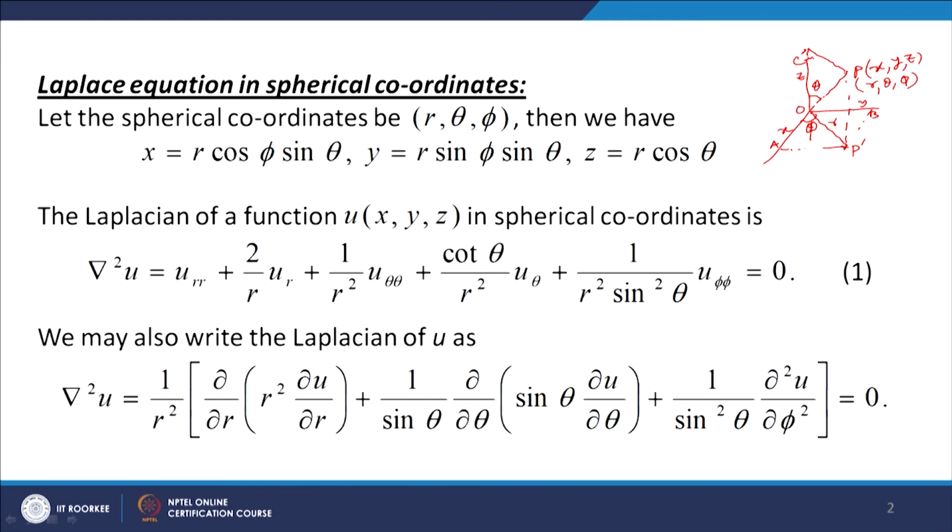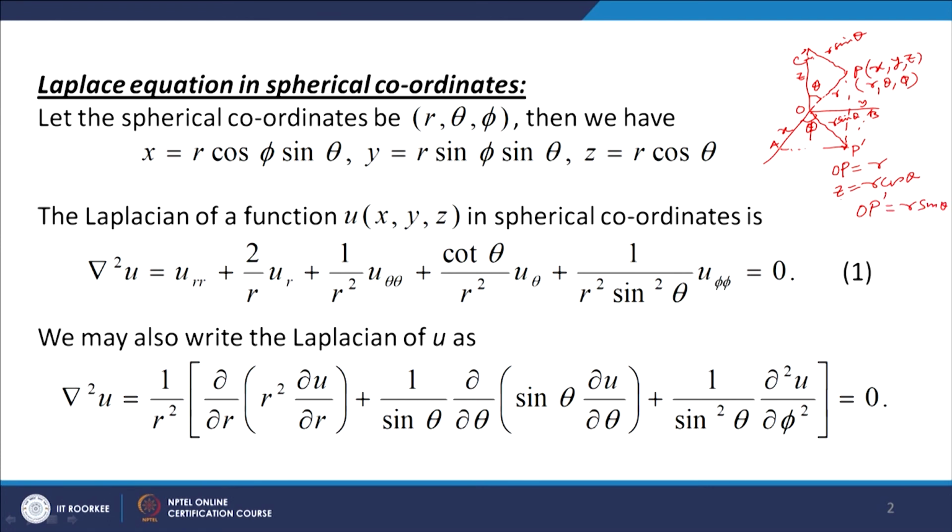So then what we notice is that OP is r, and the z axis makes angle theta with OP. So z is equal to r cos theta. OC is r cos theta, and this is r sin theta. So this is also r sin theta, so OP dash is r sin theta,